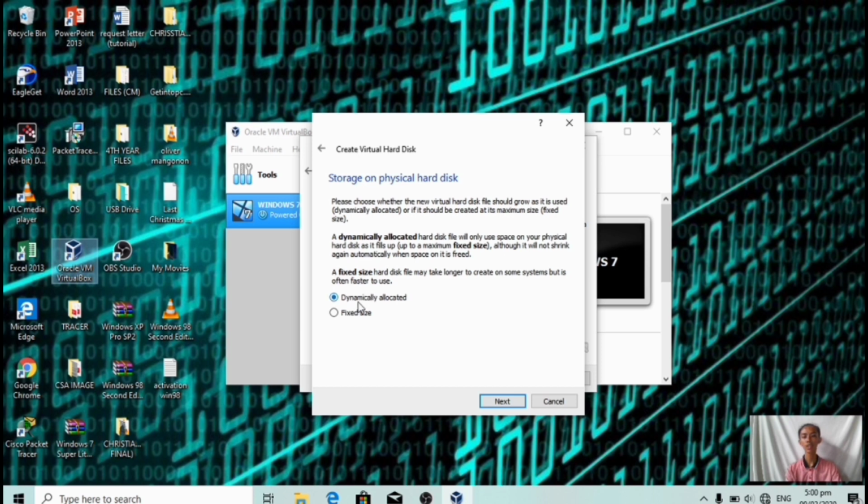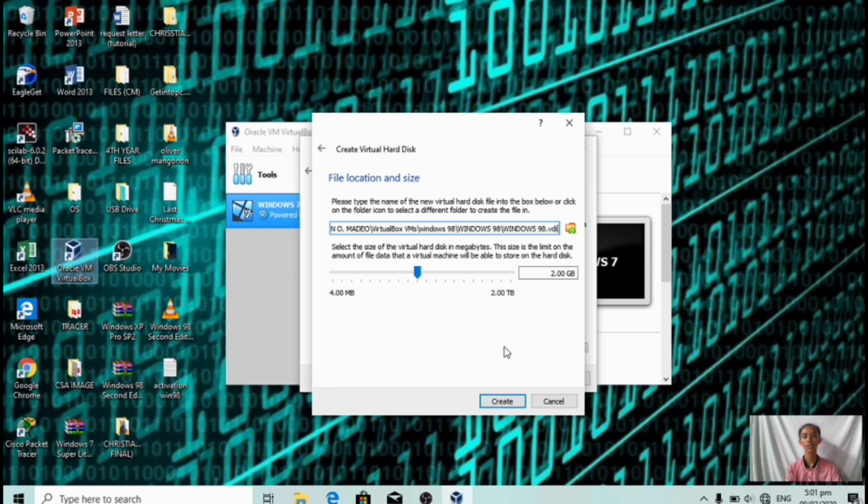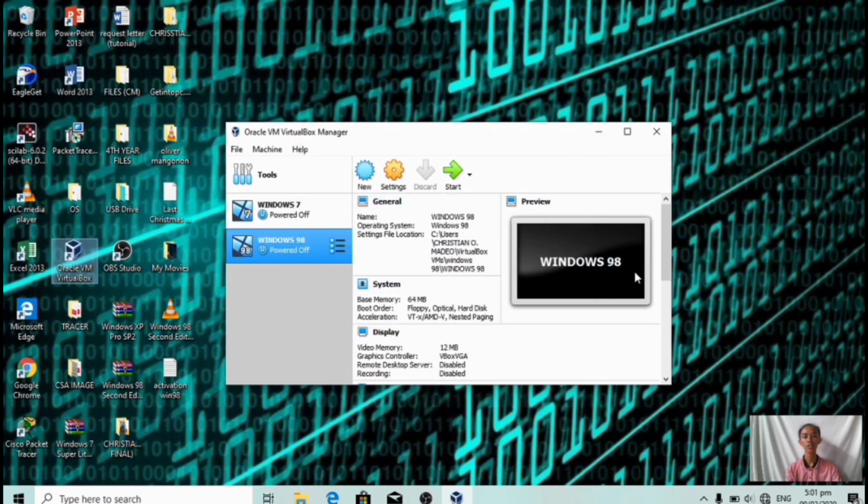And we go now to storage on physical hard disk. I choose dynamically allocated, the first option, and click next. And for the file location and size, I choose 2 gigabytes for Windows 98, and click create. As you can see, Windows 98 is displayed in VirtualBox. So we go now to settings